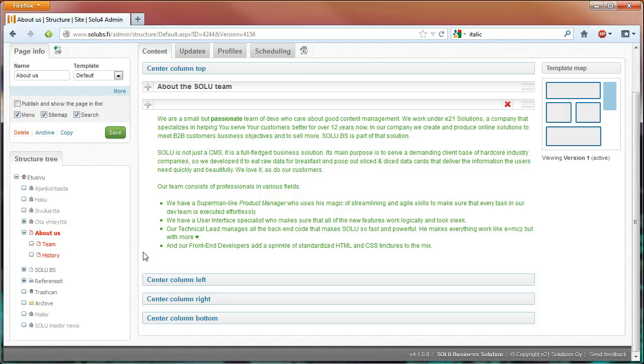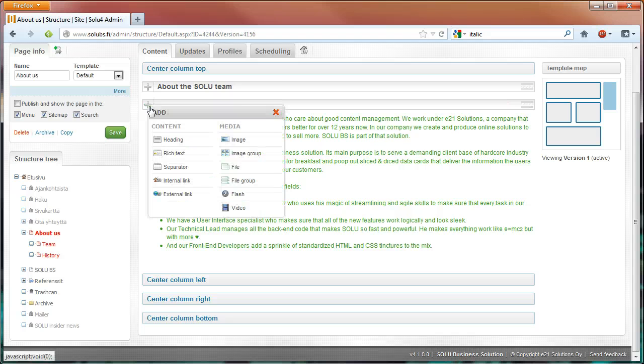With SOLU, it's wise to break your content into small manageable blocks. So instead of adding a table to my previous content, I'm just going to add a new rich text field. When you add a new content block, they appear below the plus sign. So to get a table here, I have to click the plus sign above that. This places the new block where we want it to be. Choose rich text,